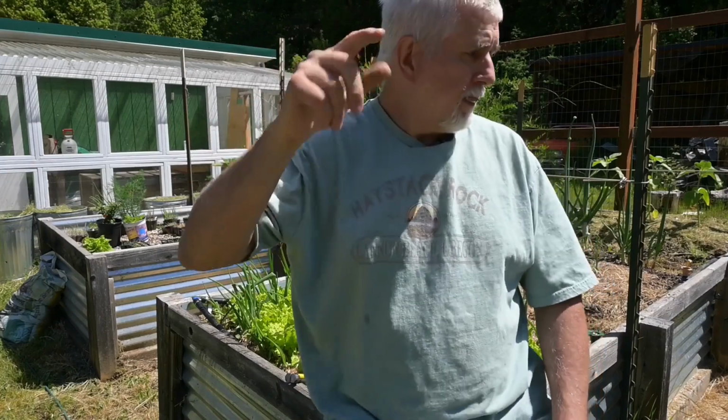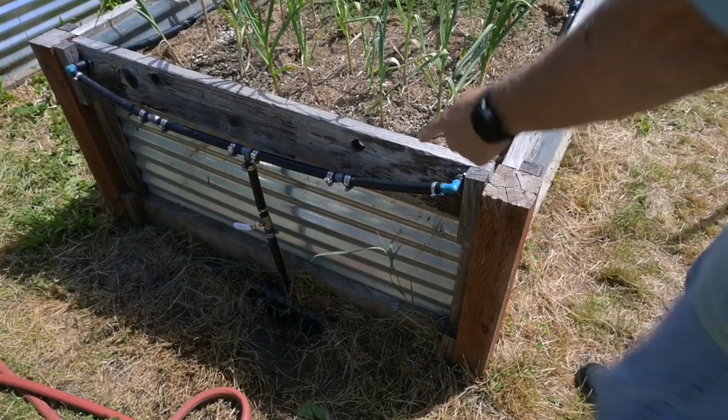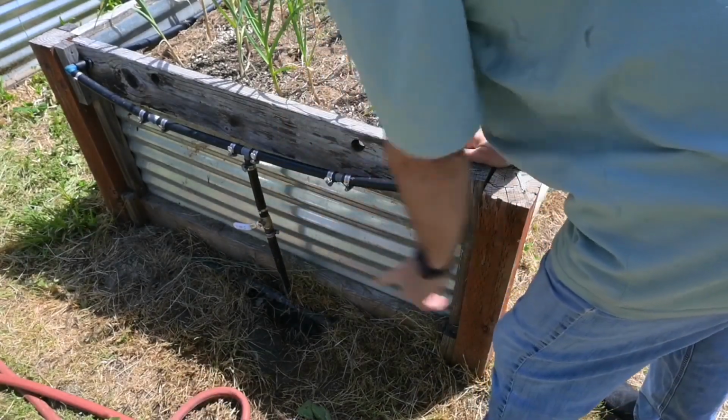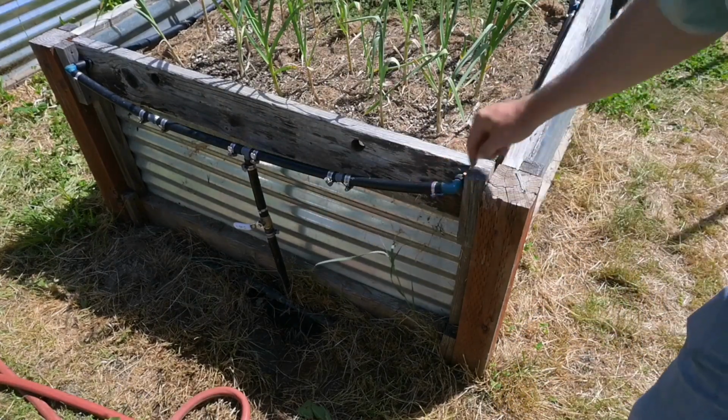Now also, when I put the valves on each bed, there's probably somebody who's going to ask, do I run a separate pipe to every bed? No, I don't. Let me show you something. So my pipe comes in here and up into this bed. It continues on that way to another bed. But when I bring it up here and I come out this way,